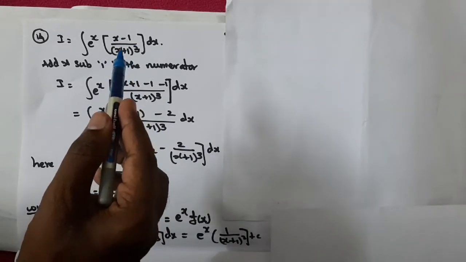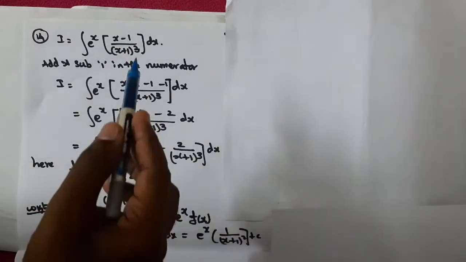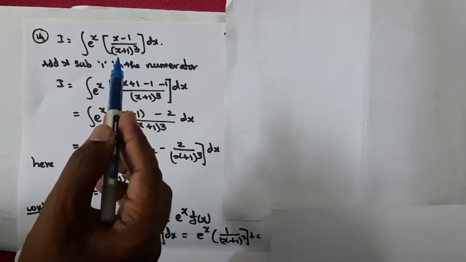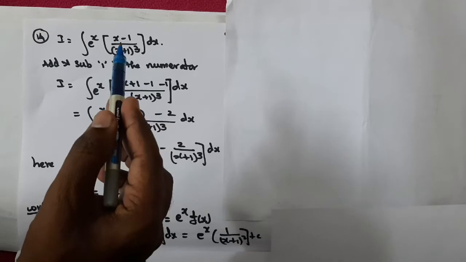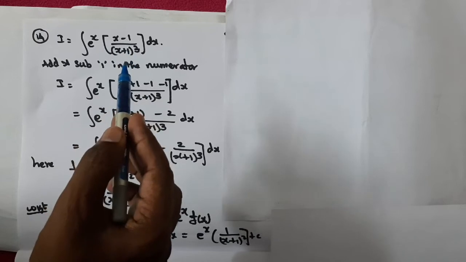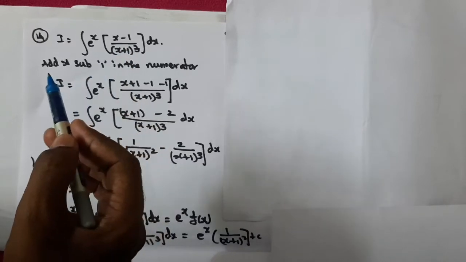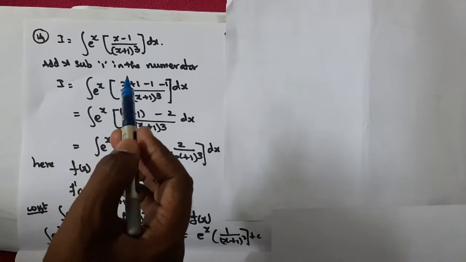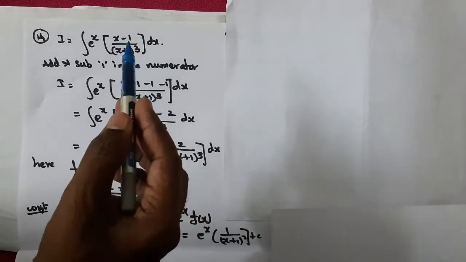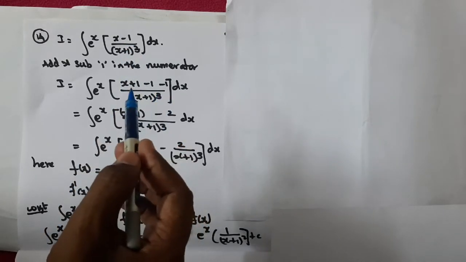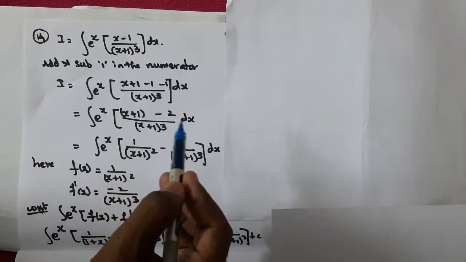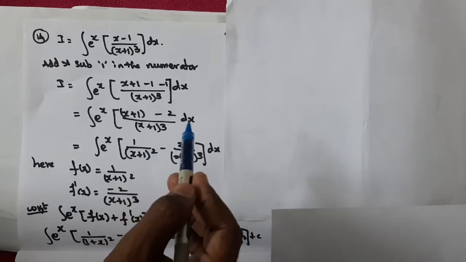Here we have x plus 1, but in the numerator we see x minus 1. So to make it in the proper form, I am going to express the numerator with the help of this term x plus 1. So how can I make this x look like x plus 1? If I have plus 1, it will look like x plus 1, right? Then purposely we are adding and subtracting 1 in the numerator. So after x you add 1, then after that put minus 1, and this minus 1 will remain the same in that place. Now for this x plus 1, first put a bracket, then minus 1 becomes minus 2 by x plus 1 the whole cube into dx.